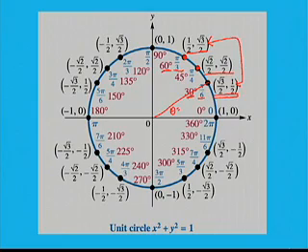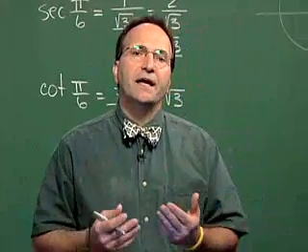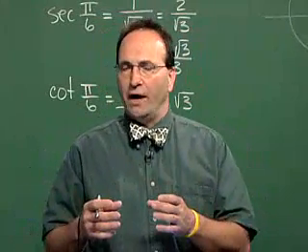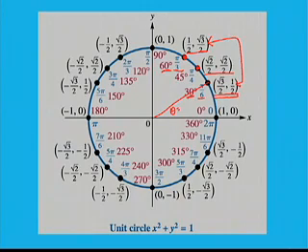What I then want you to notice is, regardless of where else you go on this unit circle, you will find those same 3 values. When I say values, those same 3 points will be throughout the rest of the unit circle. So initially you will say, my goodness, there's a whole bunch of things that I need to memorize. And the answer is no, you don't have to memorize them. In fact, if you memorize just these 3 that are in the first quadrant, and then apply the idea of the sign, that is, we know that everything is positive for the trig values in the first quadrant, but